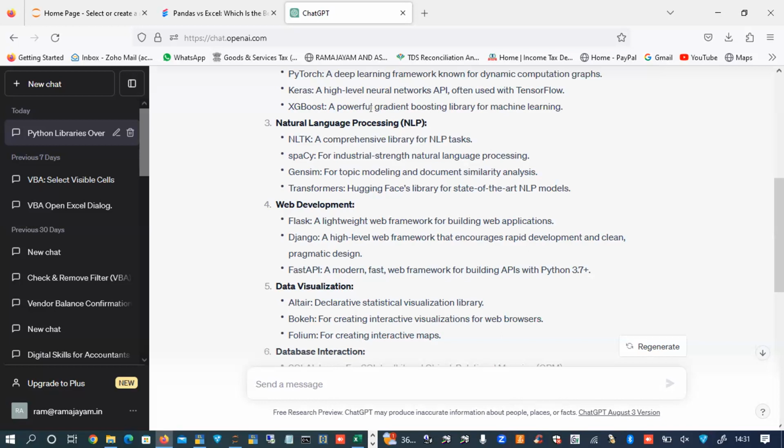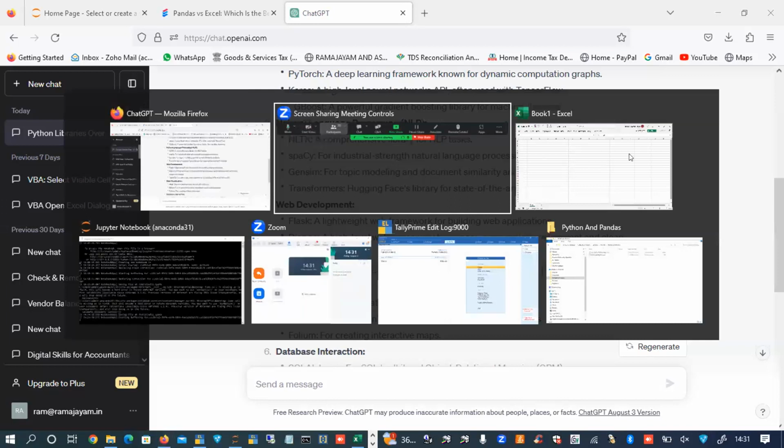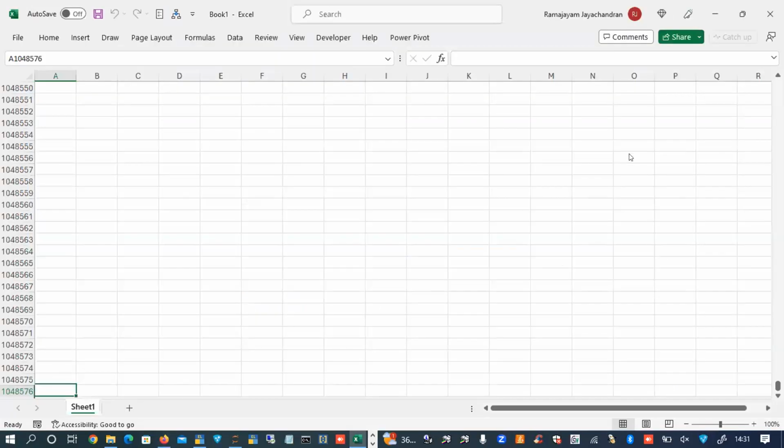Sir, if you see Excel, you have a total of 10,48,000 line items of records. But if you save more than 1 lakh rows of data, then close and reopen the file, the file will not get opened. Correct. So this is the biggest trouble with Excel.